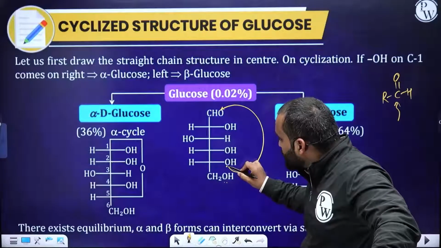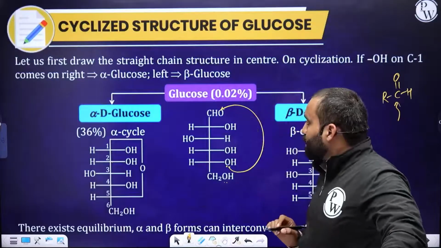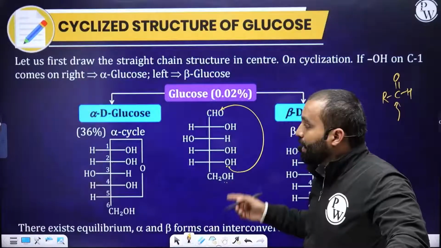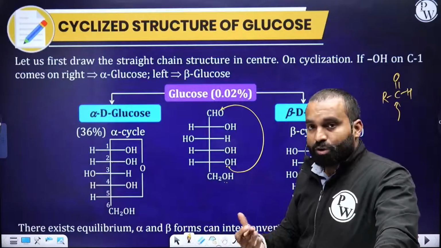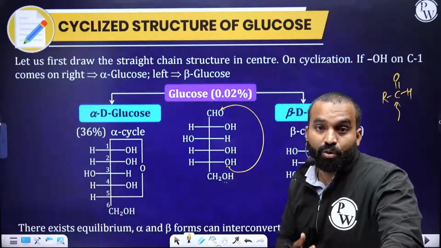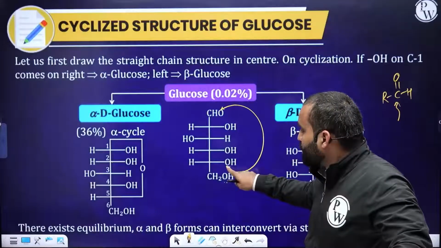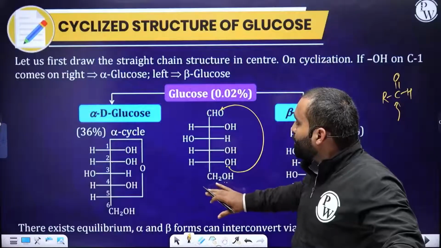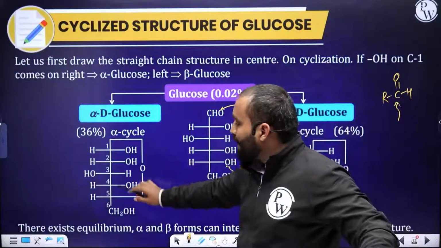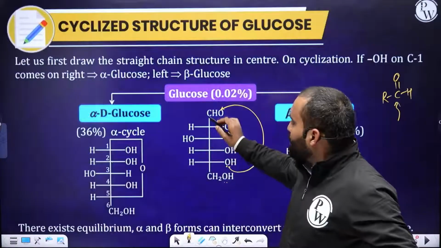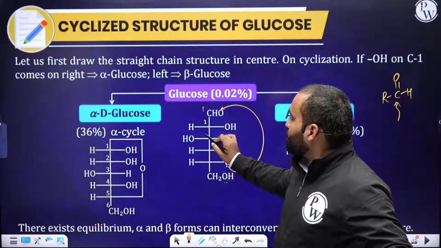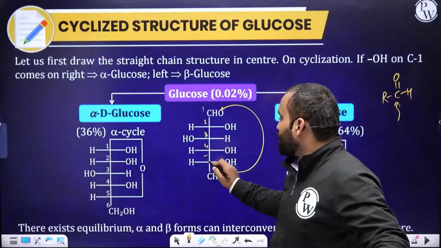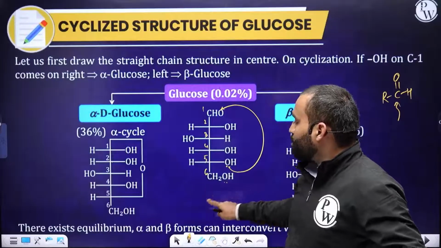But when this oxygen attacks on this carbon center, there will be a 6-membered ring generated. But if this oxygen is going to attack, it will result in a 7-membered ring. And we know 7-membered rings are less stable than 6-membered rings due to ring strain. So oxygen from this site attacks here. What is it going to do, guys? It will eventually be generating an alcohol and an acetal, one of the acetals. So if I number this as carbon number 1, this is my carbon number 2, carbon number 3, carbon number 4, carbon number 5, carbon number 6. So this CH2OH remains as it is.